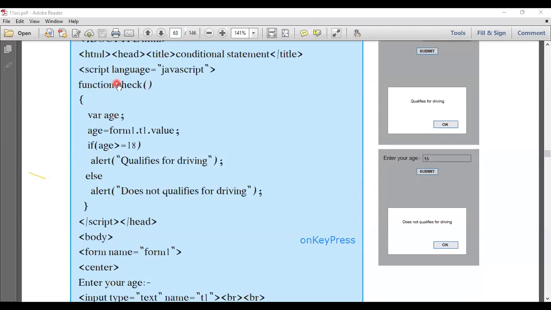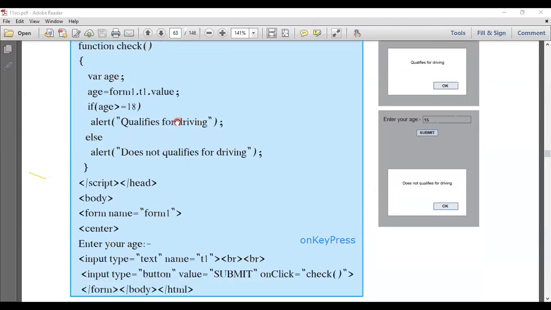If I want to call this function, then by using this event, I write the check function on the button, which means I call this function by just the onclick event. The onclick event is on the submit button, so when I click on the submit button, the check function will be called. Then control directly jumps to the first instruction inside the curly brackets, executes all instructions one by one, and then control jumps to the next statement after the call.